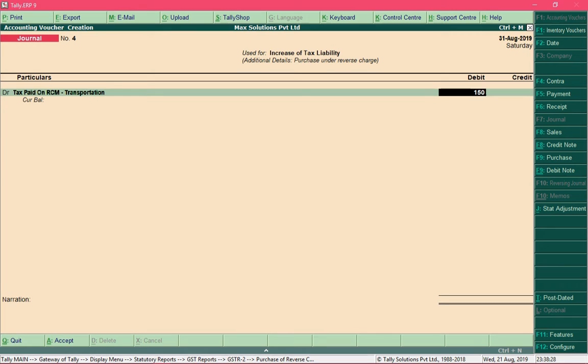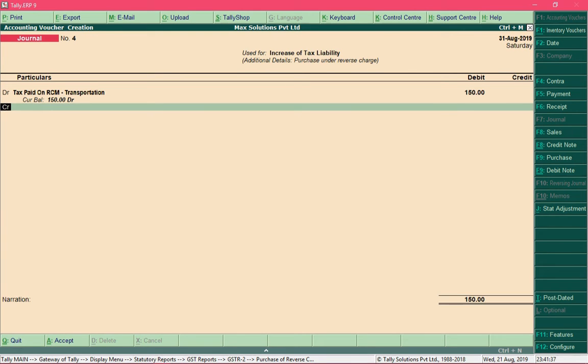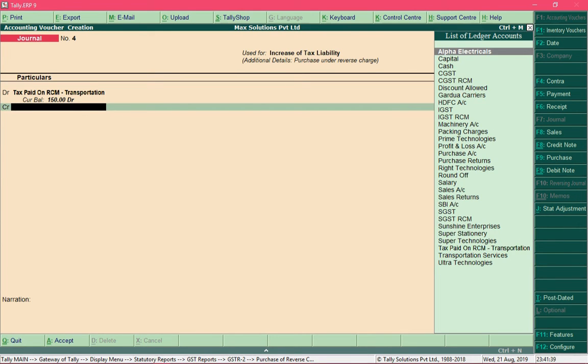So that is why I created this ledger under current assets, and since it holds value in the future, that is why I am increasing its value by rupees 150, and by rule assets increases with a debit, so that is why I debited this ledger. And we know that credit increases liability, so we are required to increase liability towards SGST and CGST. So I will credit those ledgers,